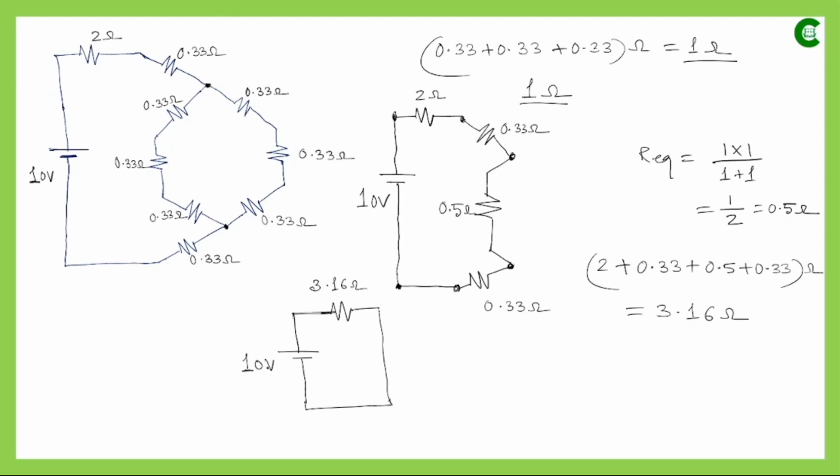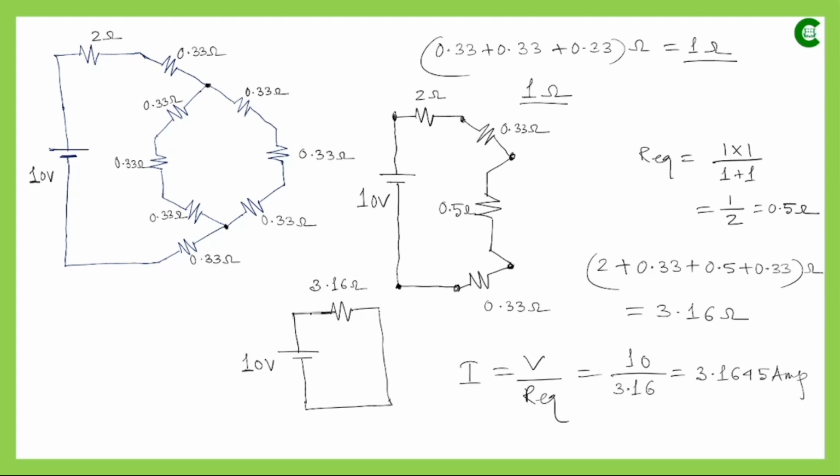Now if we go by Ohm's law, the main current will be V divided by the equivalent resistance of that whole circuit, and that is 10 divided by 3.16. So that value will be 3.1645. So this is the main current which is supplied by the only voltage source that we had in the circuit,